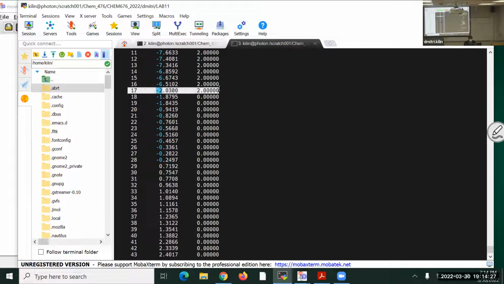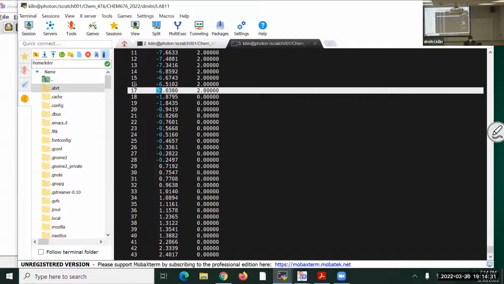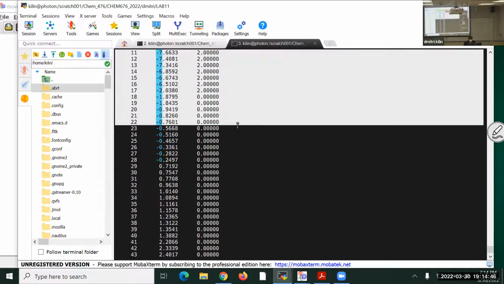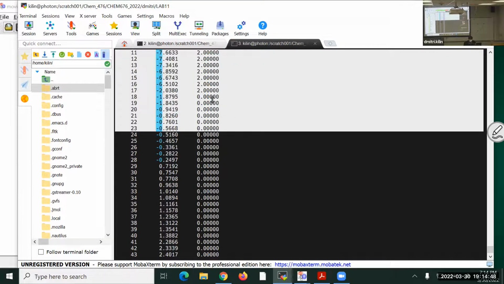We have 2 electrons more, so it's the anion. And the gap between the former HOMO and the former LUMO is still the same, about 3.5 electron volts. But now the gap is much smaller because we just injected 2 electrons into this model. So if one makes this analysis, one needs to copy-paste this